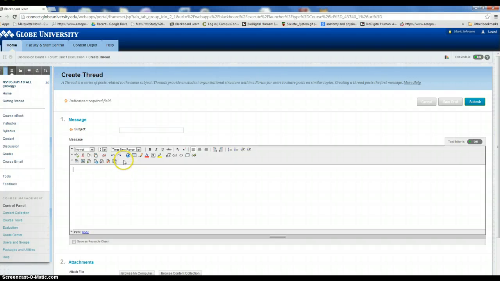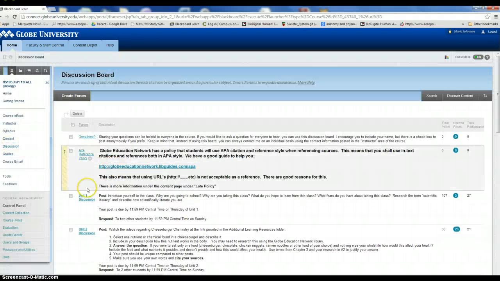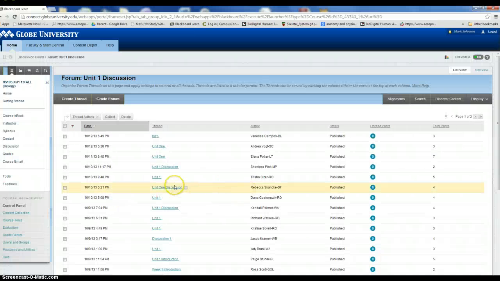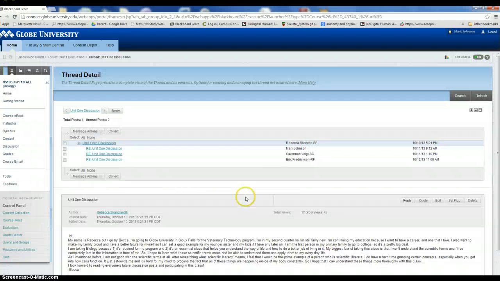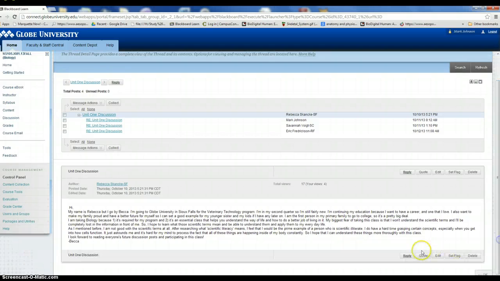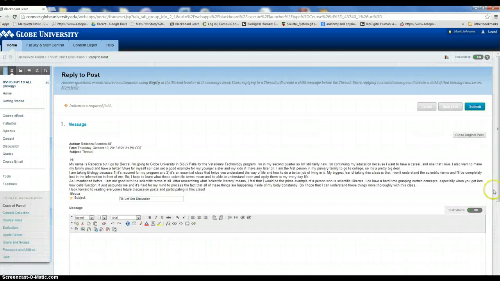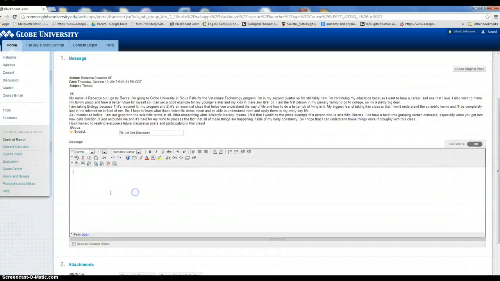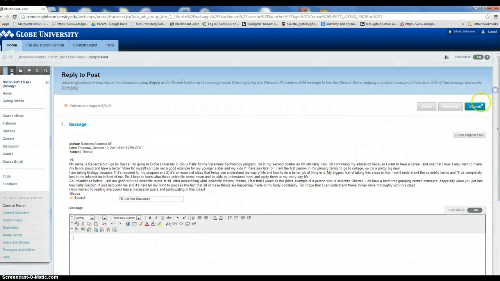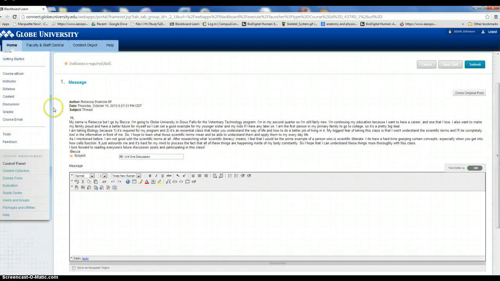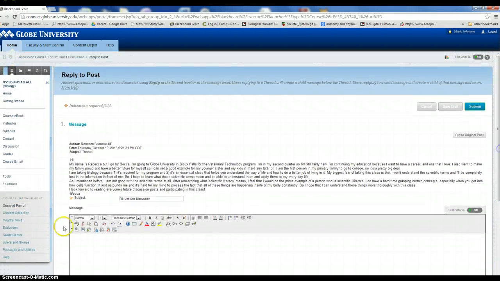Okay. So, going back to the discussion, we'll pick one out to look at. Here's one by Rebecca. When you read the discussion, you can reply. Again, type it into the window, please. Don't attach a reply. And then hit submit, and you'll have your reply. You reply to 2 students or 2 of your peers in each unit after doing your own initial major post